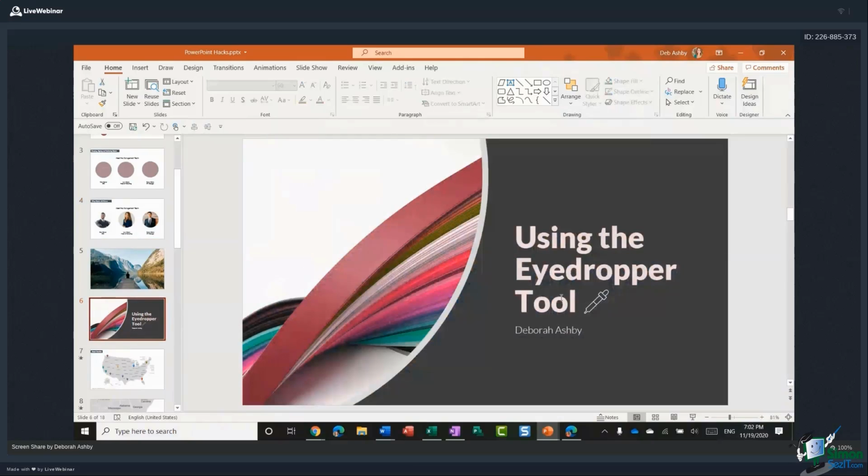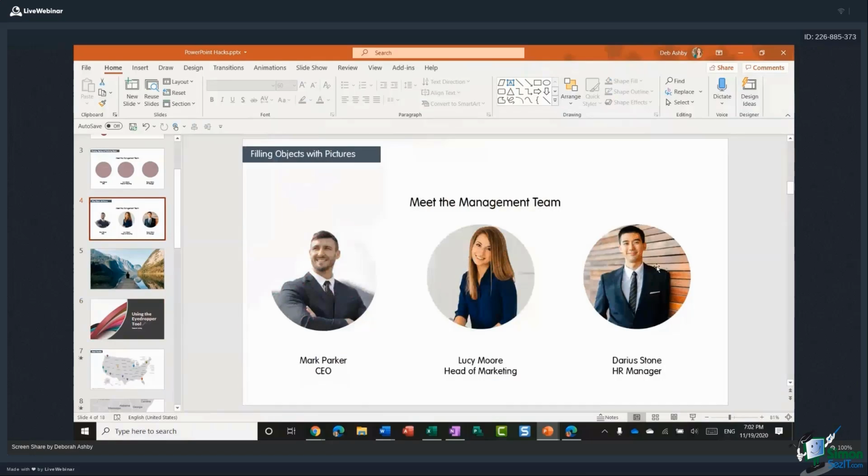This is the only workaround that I've found for this. If anybody knows a different way of doing it, then I would love to hear it. But let me just show you in case that is something that you want to do. So what I'm going to do is jump across to here, and maybe I want to use a color from this background.